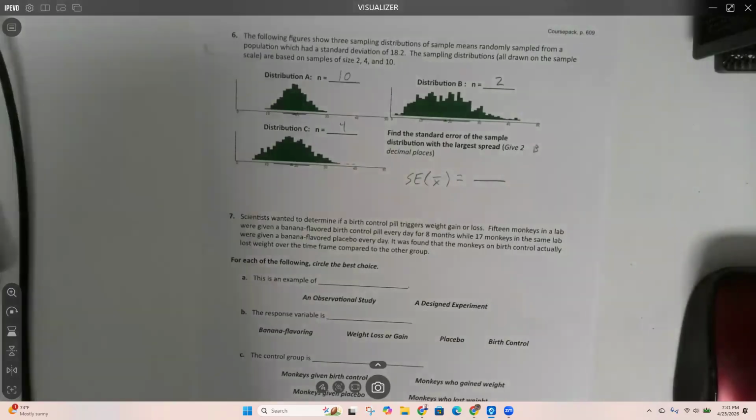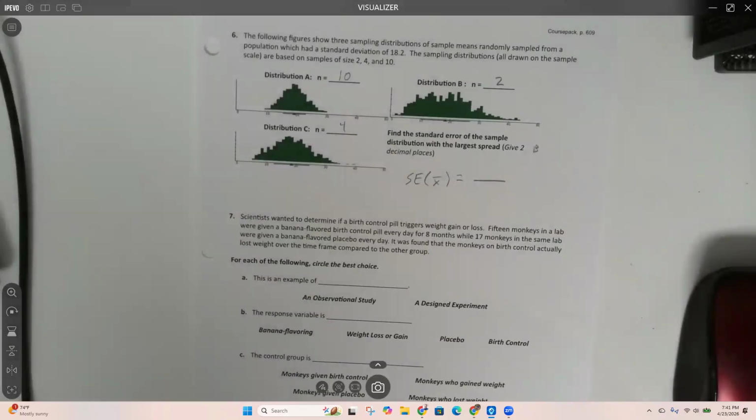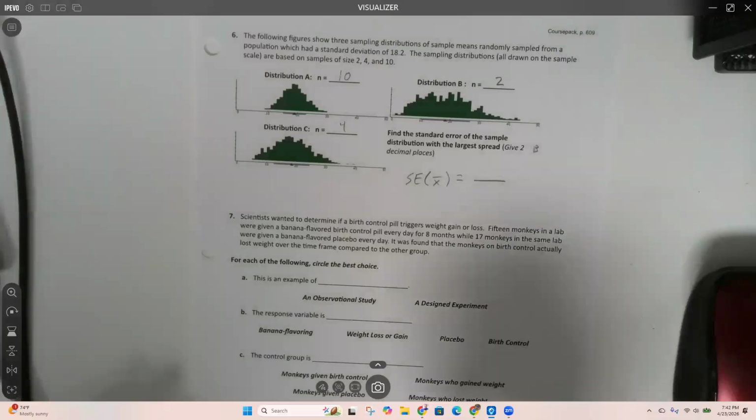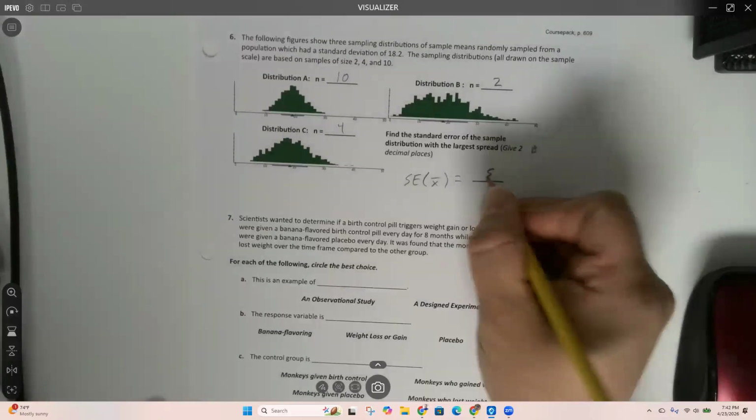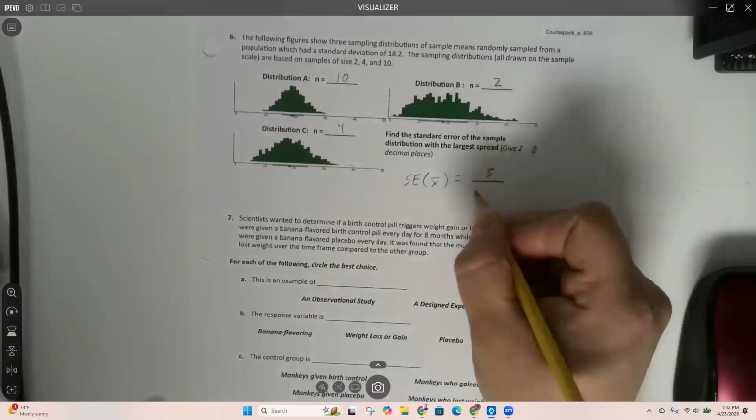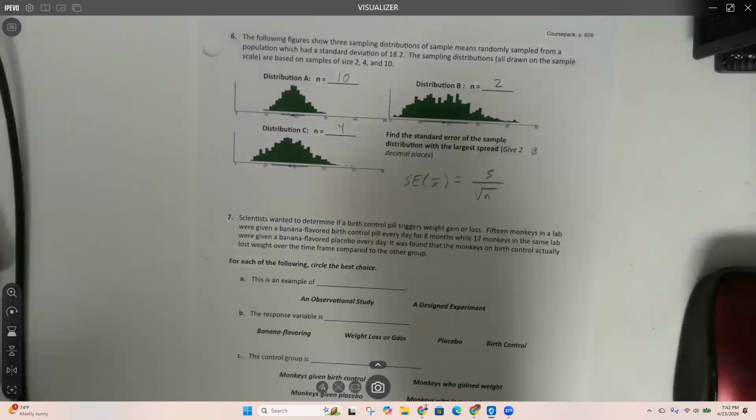Can somebody tell me what it is? Yeah, it says it is the standard deviation divided by the square root of the sample size. Yes, that is the formula